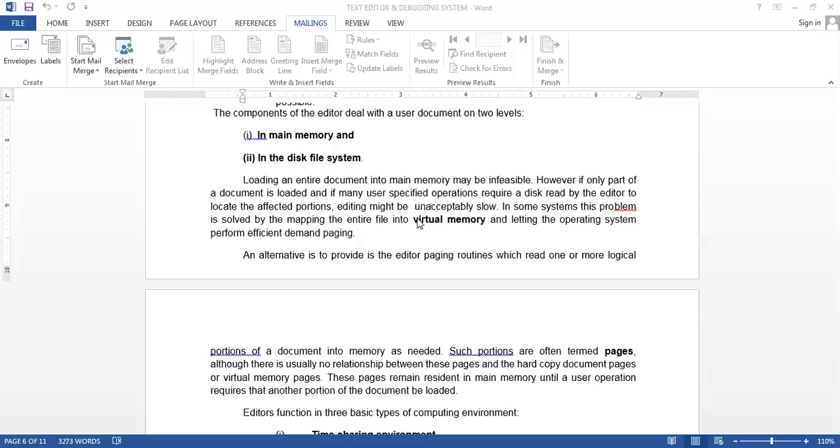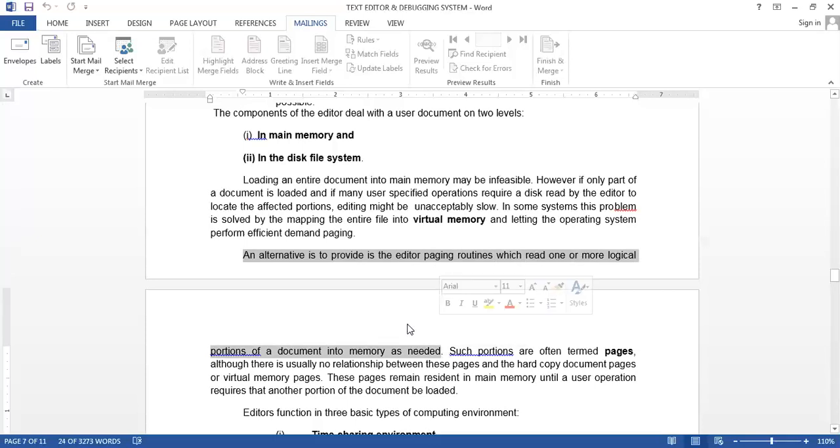One is the virtual memory concept, where we can generate virtual memory and call the pages on demand. Whichever page I want to edit, I will demand that page, and it will be loaded from virtual memory to main memory. An alternative is to provide the editor with a paging routine, which reads one or more logical portions of a document into memory as needed.